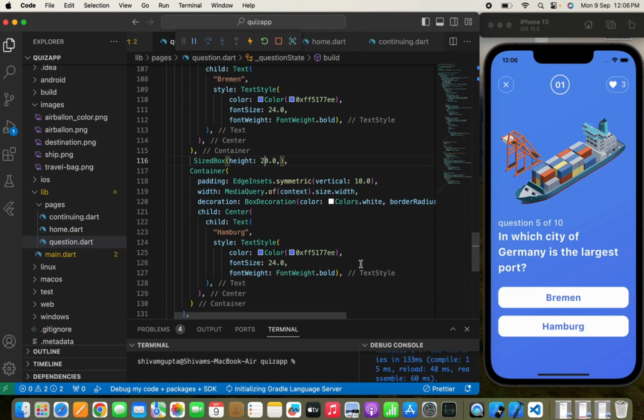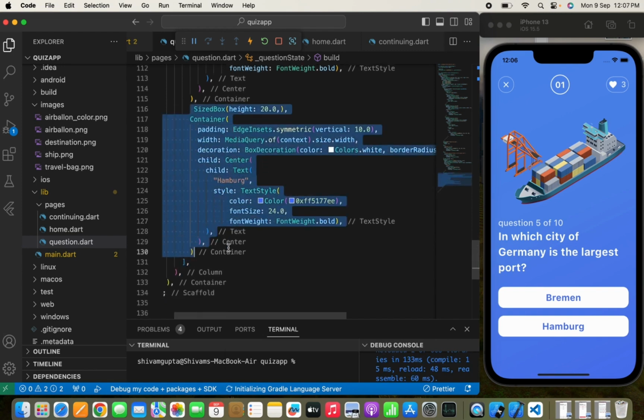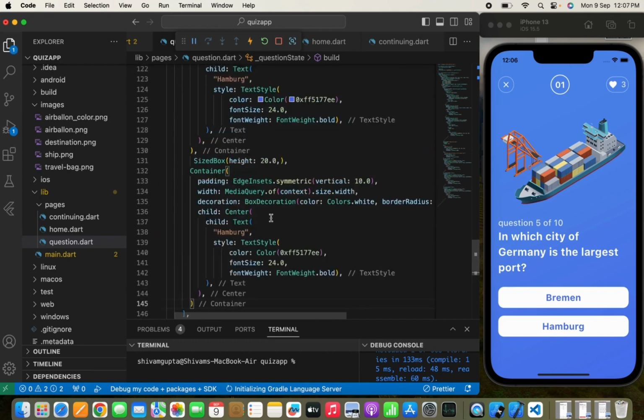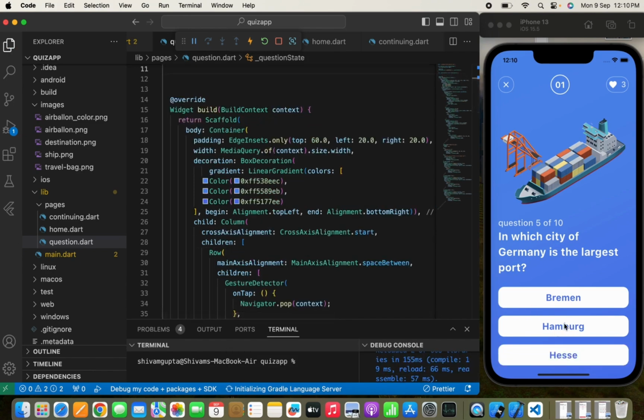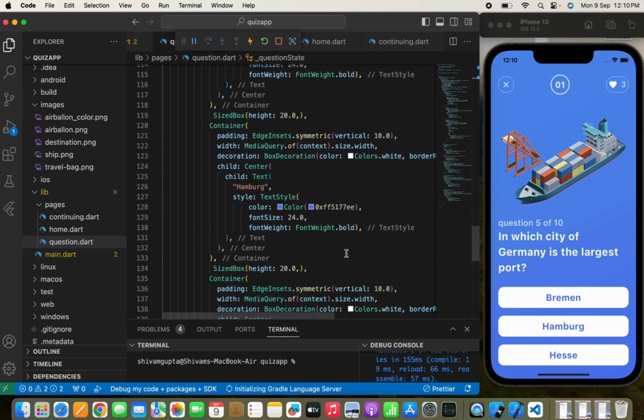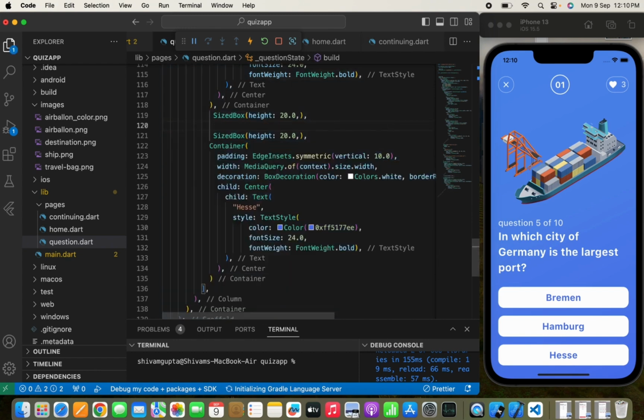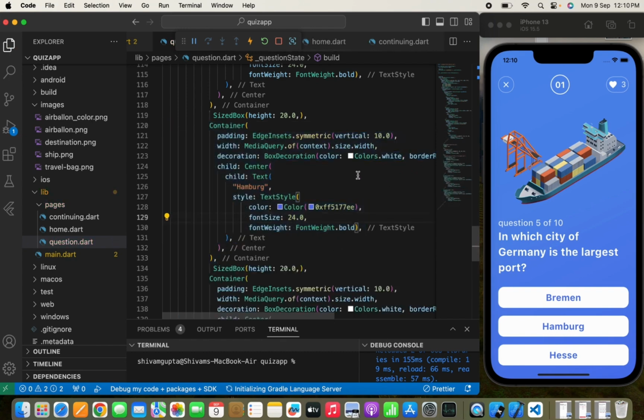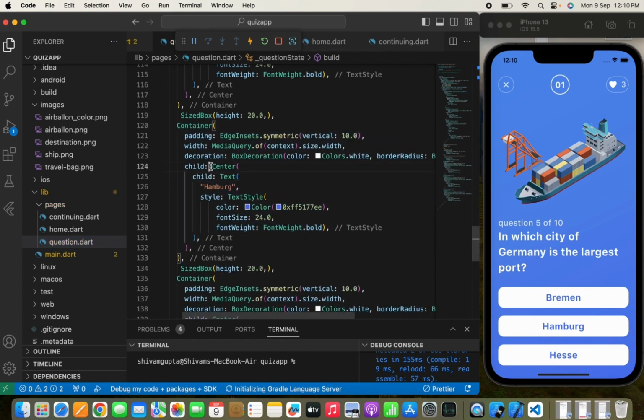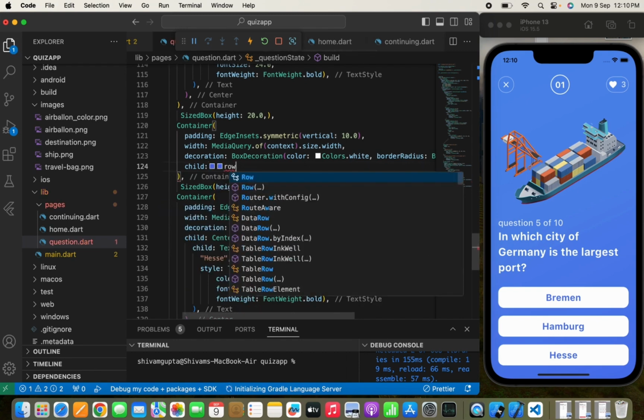Now after this our third option will be, so now let's copy this size box and the container again and we'll provide our third text. Now our correct answer is Hamburg for this one. So to indicate the correct answer I will simply do one thing. Now I will remove this container, just remove this center widget and we'll simply write a